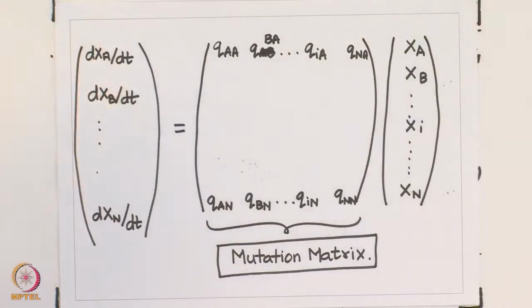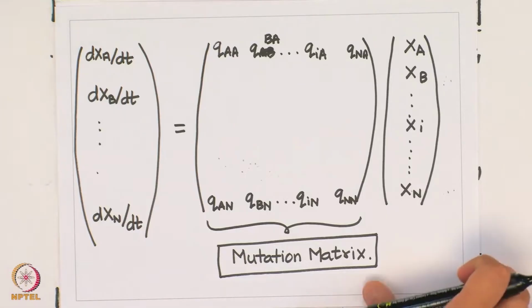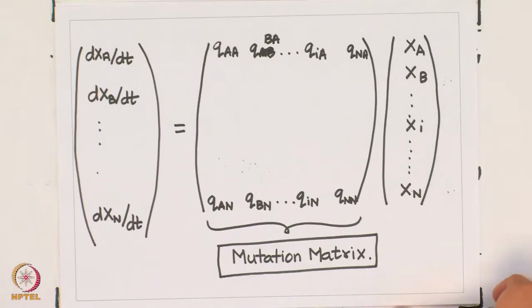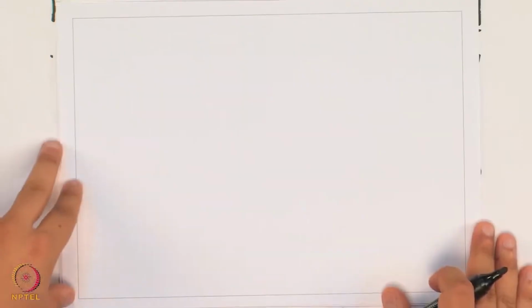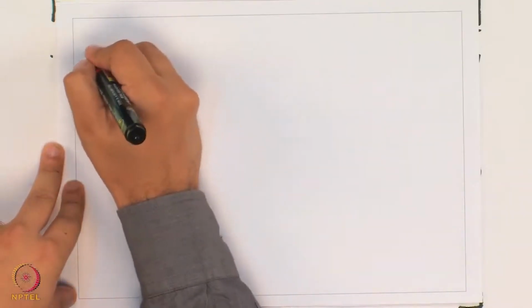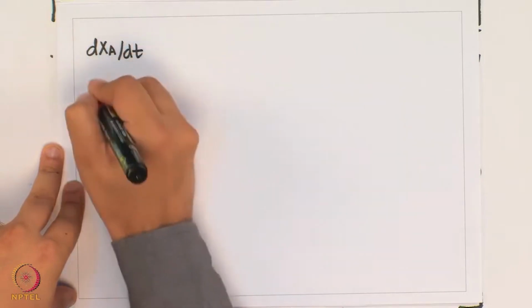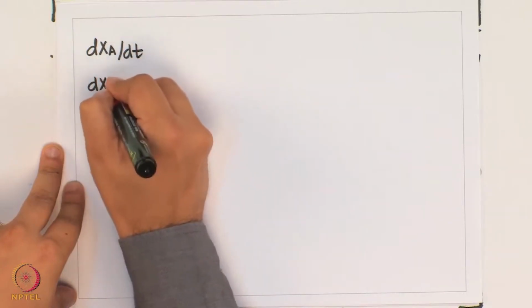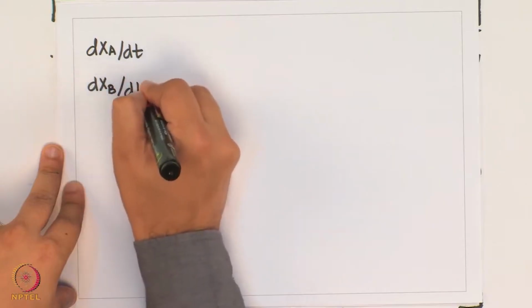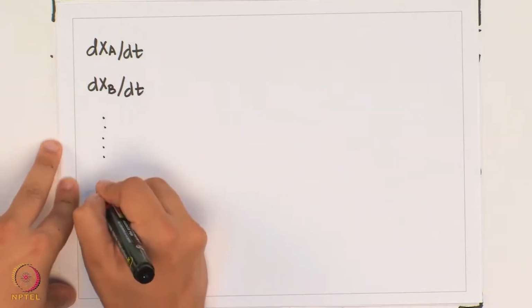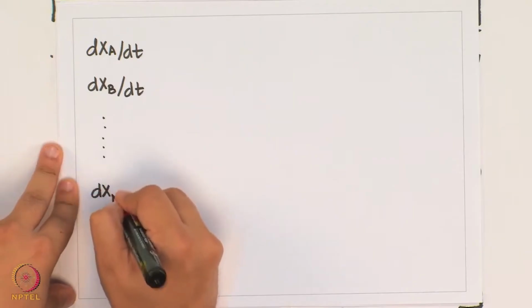So the complete equation, which enforces that the total number of individuals gets constrained to K, the total number of individuals belonging to each genotype when added together does not exceed K, has to be taken into account, and that leads me to my final equation, dxa by dt, dxb by dt, dxn by dt